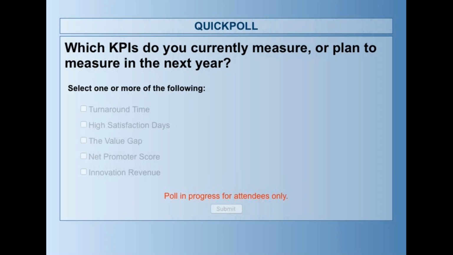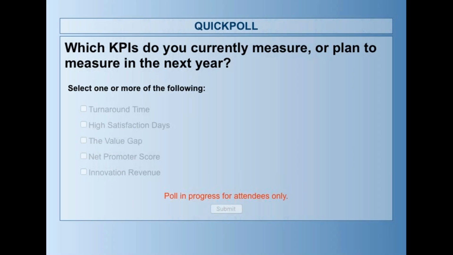Just the days you just pump your fist, and that's an HSD. And the more you see of those, the higher the morale of a firm, the more we know it's inculcating its values and living its purpose and delighting its customers, and the more predictive it is of financial results. Great. And then value gap?